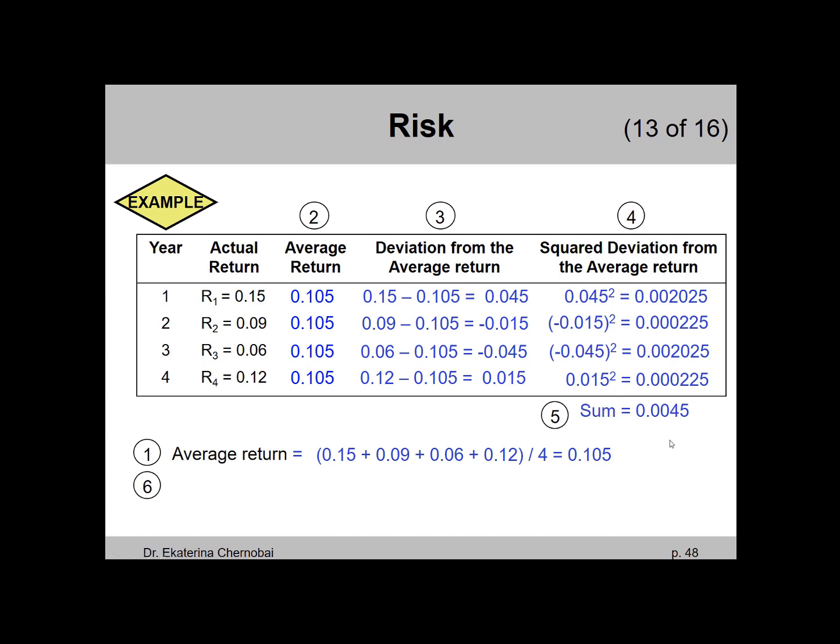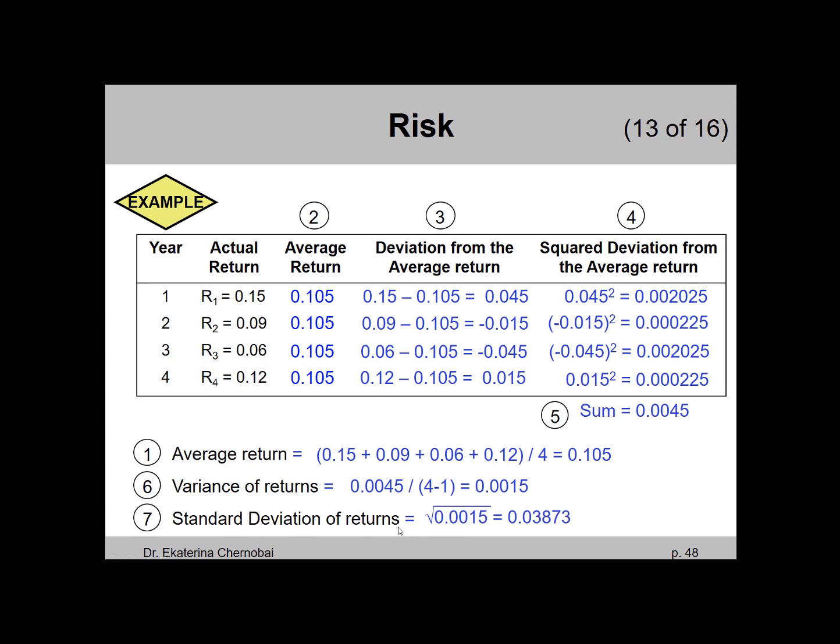We add them up, and when we take the sum of the squared deviations from the average and divide by not 4 but 4 minus 1 or 3, we get what we call variance. And then the last step is square root of that. That's the standard deviation. The square root of 0.0015 is 0.03873, or